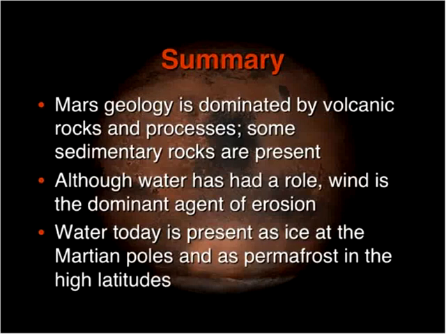And although there are examples of water erosion like those channels, most of the erosion and the change on Mars is due to wind rather than water. So it's unlike Earth, where water is dominant. On Mars, the wind is doing most of the change and erosion. And the water that we find today on Mars is mostly in the form of ice at the poles and in permafrost at the high latitudes. But there are suggestions in some other images that I haven't shown you of liquid water today. But Mars is such a cold and dry place that the water really would be present as ice in most cases rather than liquid water.